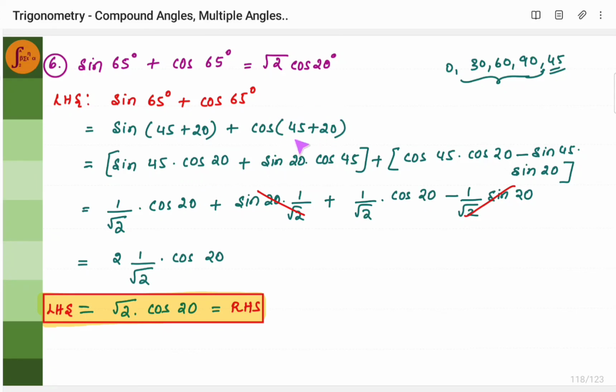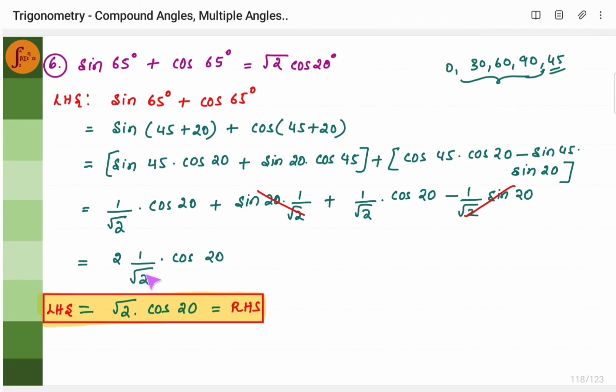And here we'll have to use the cos A plus B formula. That is cos A cos B minus sin A sin B. You can use this formula. Sin 45 is 1 by root 2 and cos 45 also is 1 by root 2. So you'll substitute the cos 45, sin 45 values. You'll leave cos 20 and sin 20 as they are, right? You'll see that this particular term is getting cancelled with this term. You're left with 1 by root 2 cos 20 plus 1 by root 2 cos 20, which is nothing but